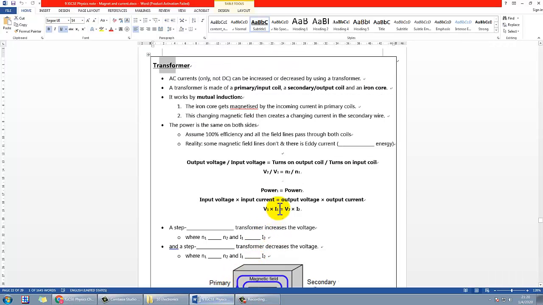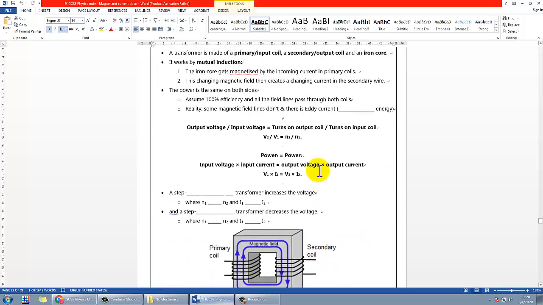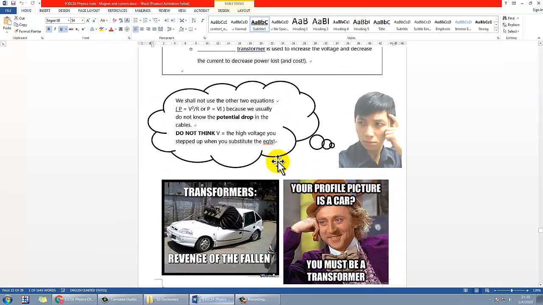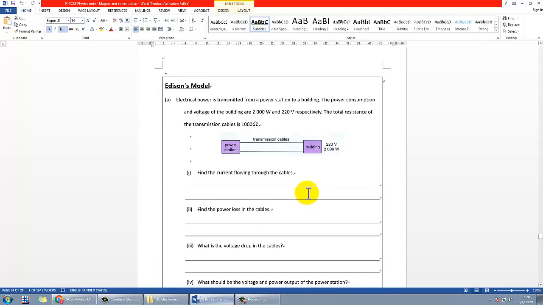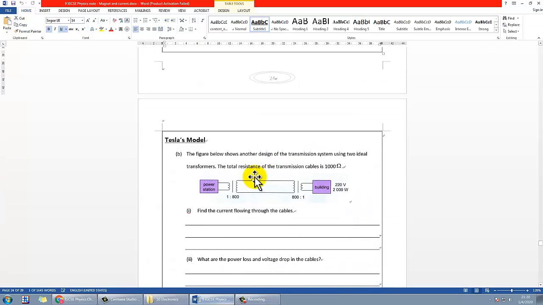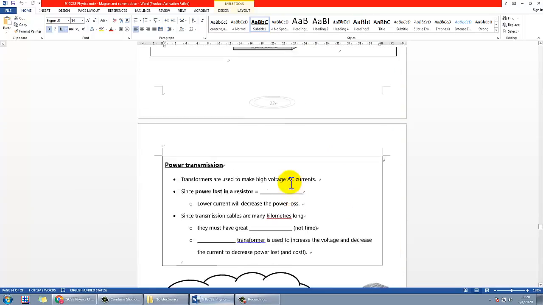If you finished already, then what we will cover in this video is I will firstly cover the basic principle of transformer in these two pages, page 22 and 23, and then in the next video I will explain more using a more quantitative way to calculate, under the same scenario, how Edison's model and Tesla's model would give you a different efficiency. Okay, are you ready?